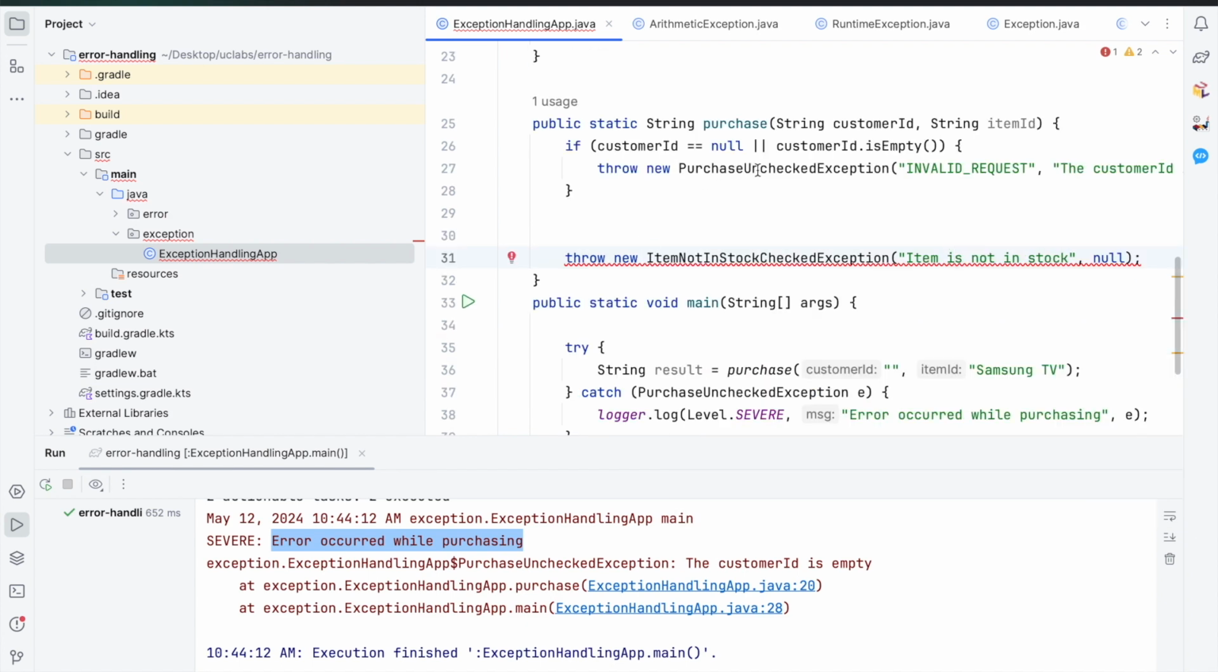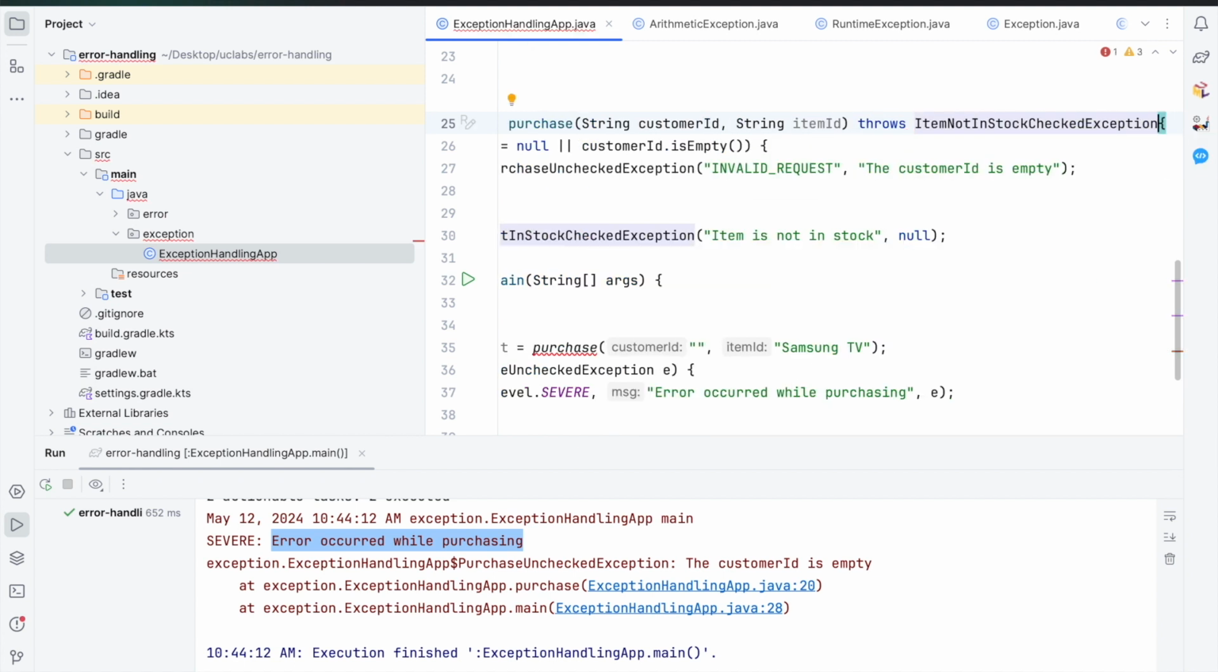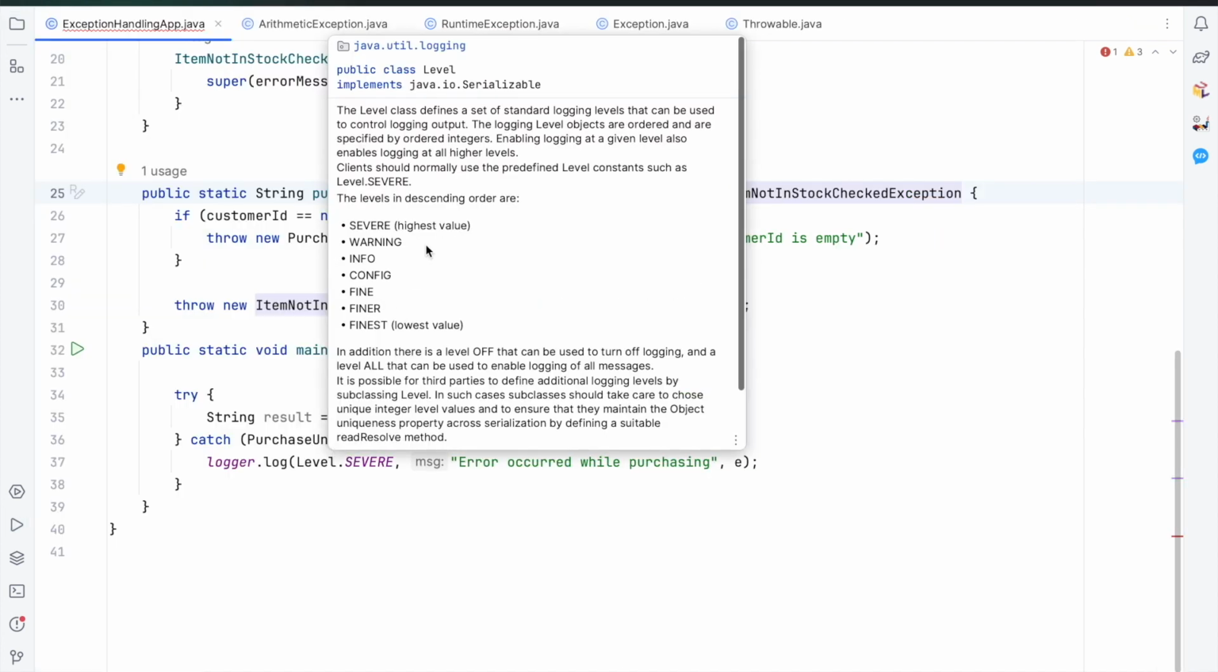Now the difference is that, as you noticed in the unchecked exception, since there is nothing to recover, the method signature doesn't have to change, but for the checked exception you have to specify that the method will be throwing exception in the signature itself, so it becomes throws item not in stock exception. Alright, so now